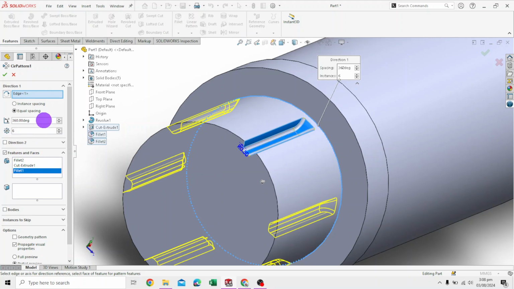Make sure that whether you're selecting the direction or selecting the features and faces, this is the features and faces that we need to be applied in the circular pattern, and this is the direction it will be applied. Direction can be anything, this circle, general